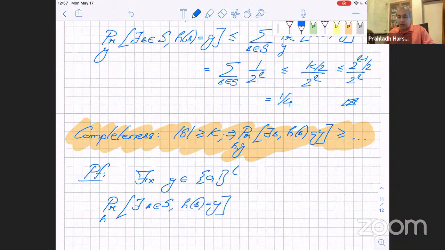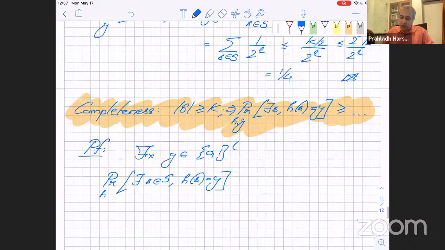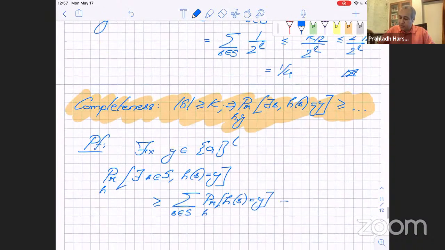Notice I need to lower bound this quantity, so I can't use the union bound. Union bound gives an upper bound, but I can do the second step of the inclusion-exclusion. I can write the summation over s in S of the probability h(s) equals y, over the randomness of h, minus